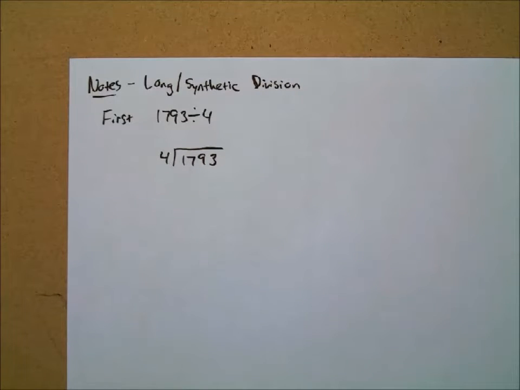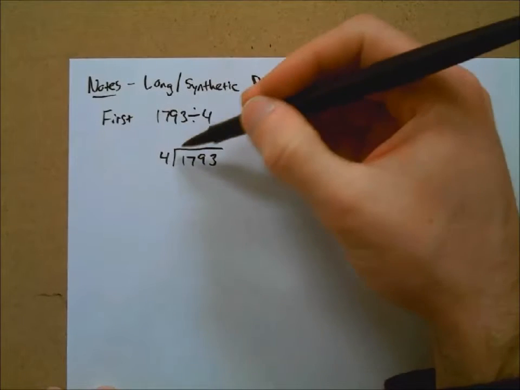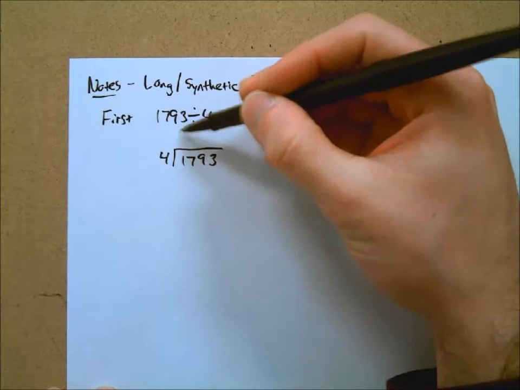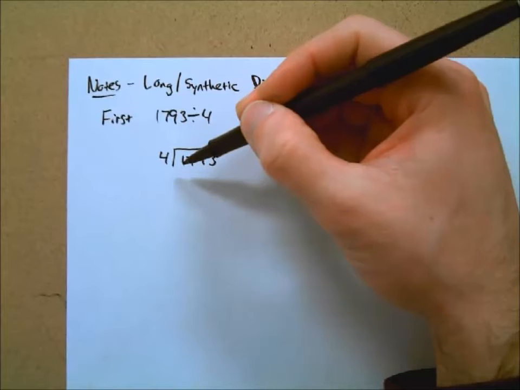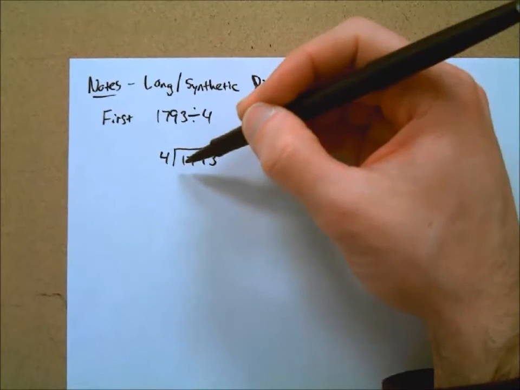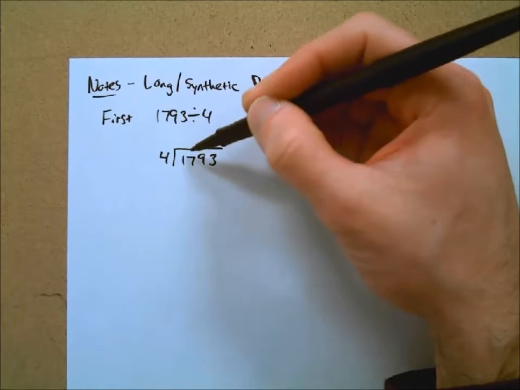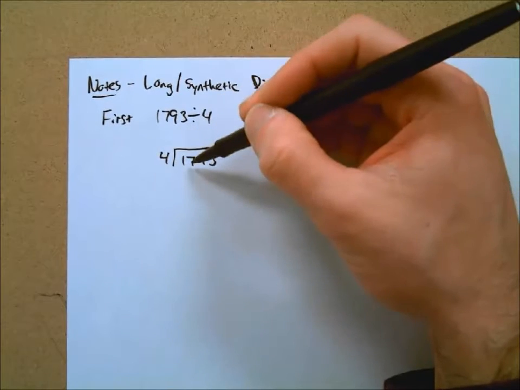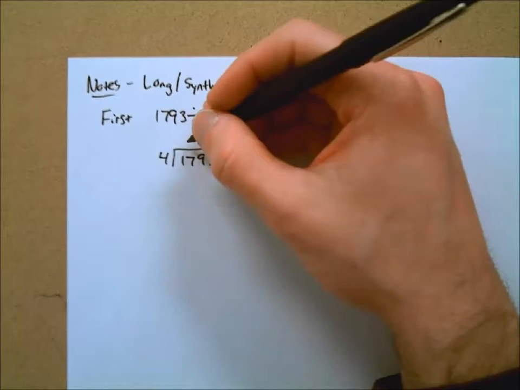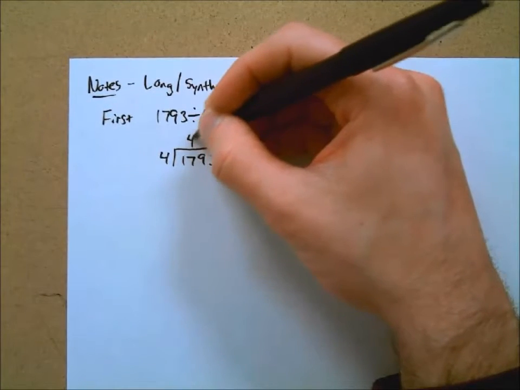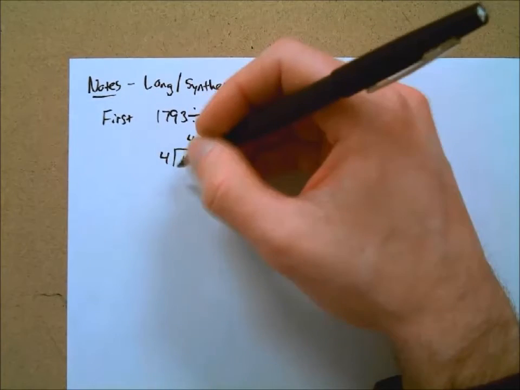The procedure that we go through for long division is to ask ourselves what number times 4 will give us 1. There isn't a nice number that multiplies by 4 to give us 1. So we move over and include the 7 with it, and now we think 17. What number times 4 will get us 17? We don't get exactly 17, but we can get close if we use 4, so 16, which we get by doing 4 times 4. So we'll put a 16 here, and